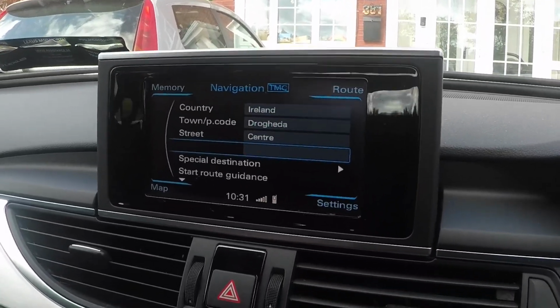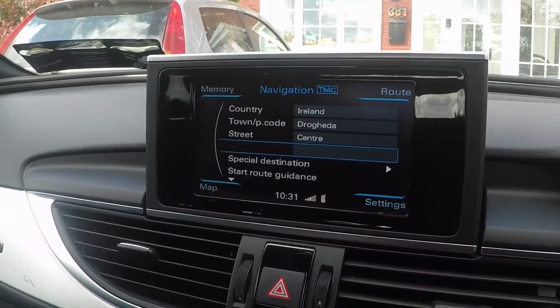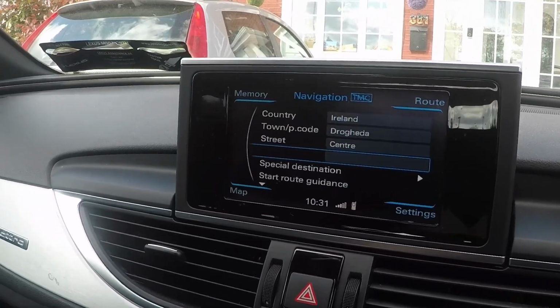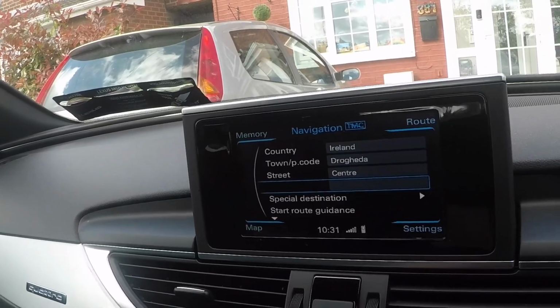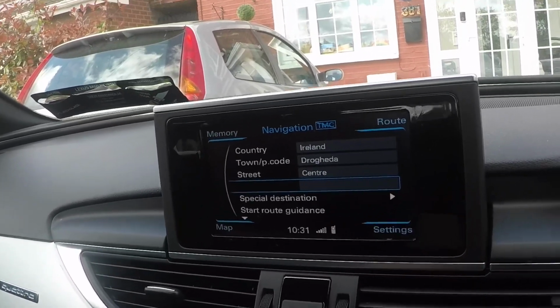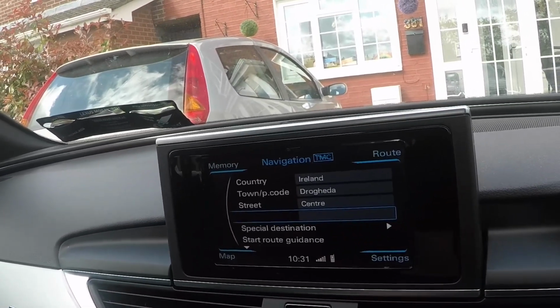Unfortunately, these sat navs tend not to update too much, so this one is, I think, a 2016 card. There have been a few housing estates and stuff built in Ireland and around my area, and those just aren't on it. If they're not on it, and you're looking for somewhere